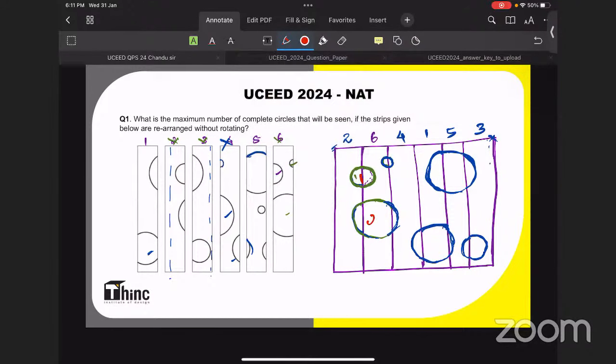First circle, second one, third one, fourth one, fifth one, sixth one. Did I miss any smaller circle? This circle I forgot. That was in the 5th piece. It was not a part of anything; it was a complete circle, the only complete circle available. So finally, this could be my 7th one. And the numerical answer for the first question was simply 7.